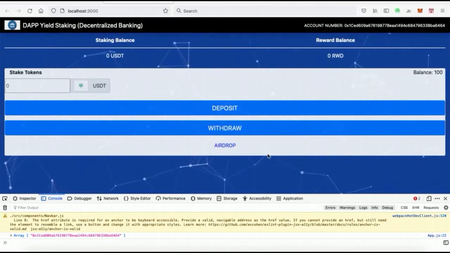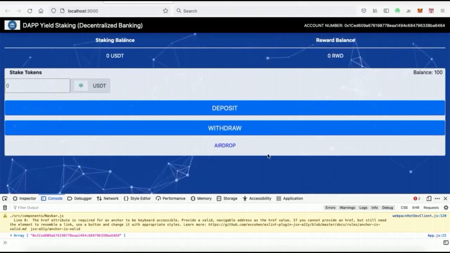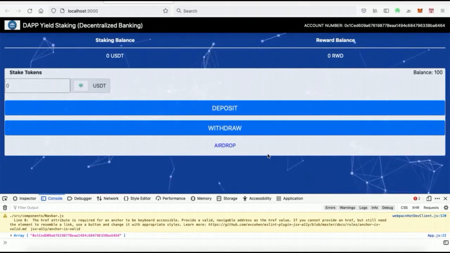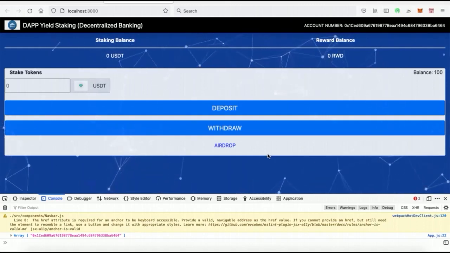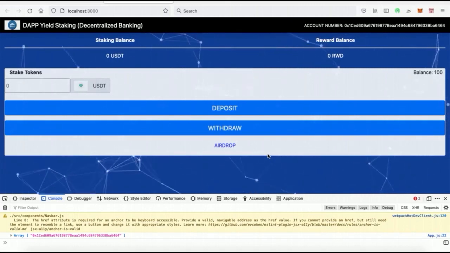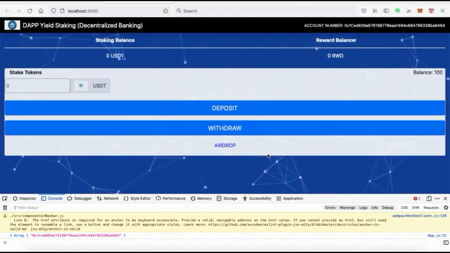Imagine if we had a website or a newsletter and we could tell all of our customers, all of our investors, anyone who invests or stakes over, let's say, 50 tokens, there's going to be an airdrop that's going to occur, and they're going to receive an amount of rewards for doing that. So our airdrop is going to have a timer that counts down after they make a stake. We're going to make the counter like 20 seconds just so we can actually see it work. And then after that, we reward tokens